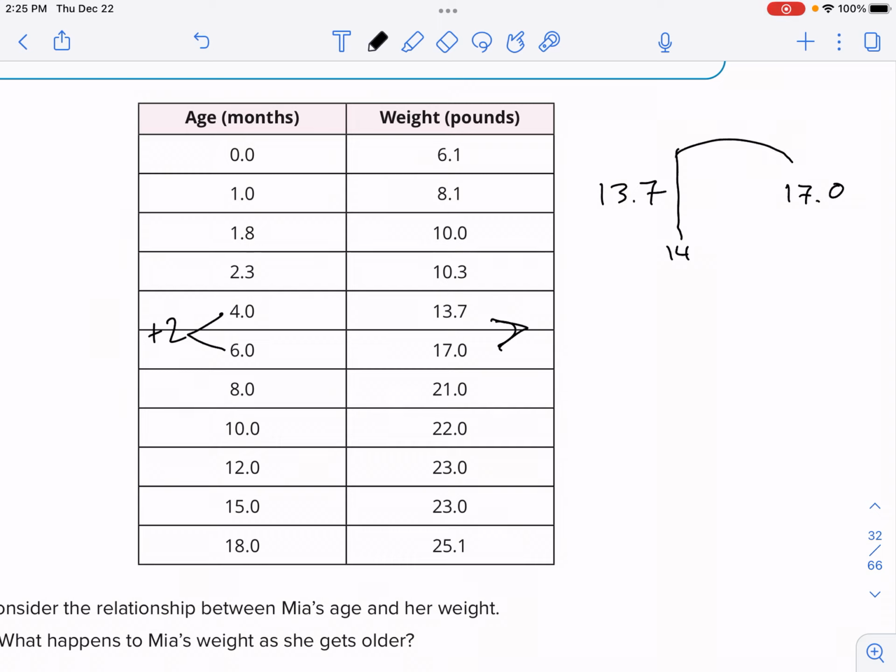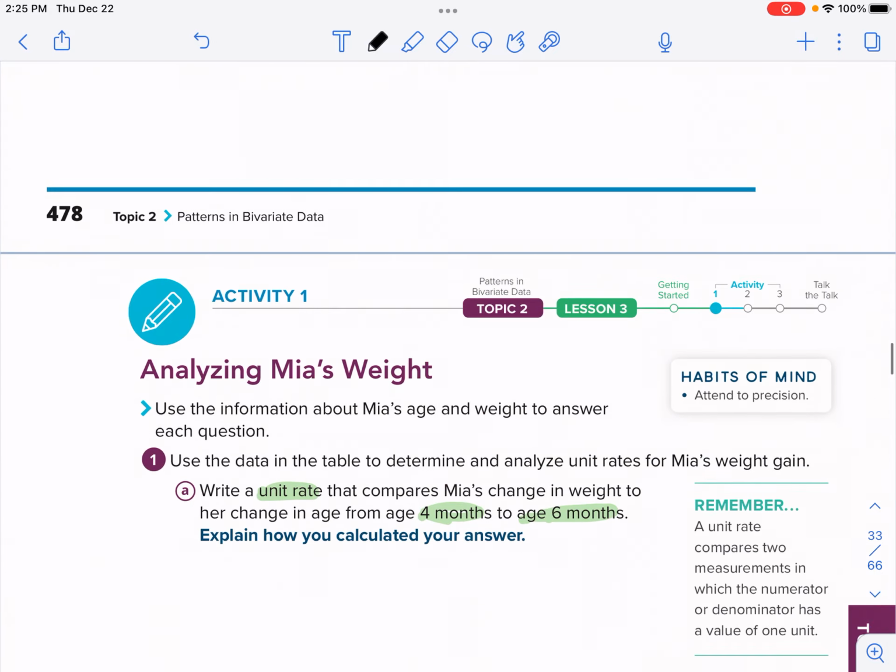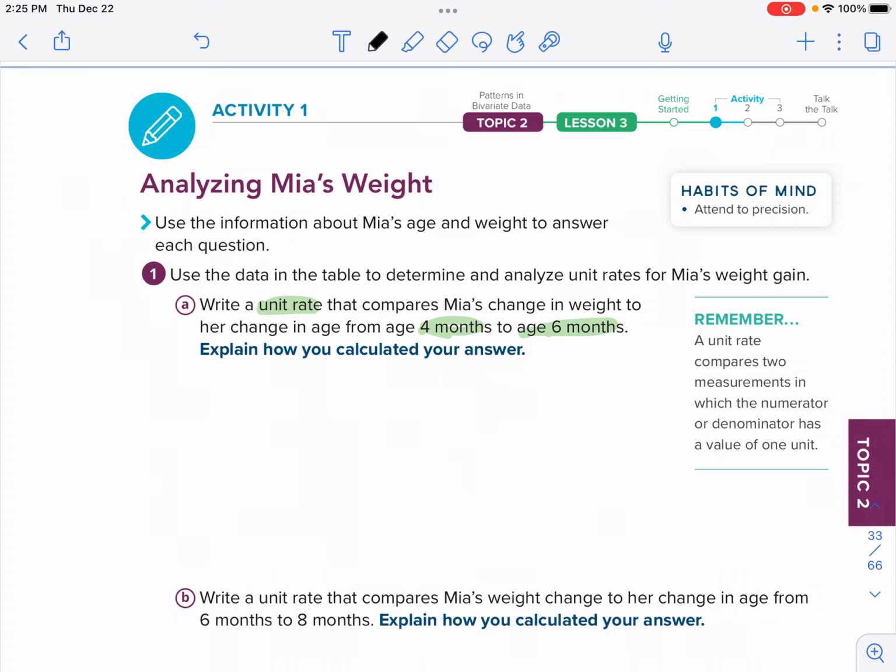Right, so from here to here, 14 to 17, that's 3. And then from 13.7 to 14, that is 0.3. So the total distance here is 3.3, right? You add those two values, the 3/10 and the 3/1. All right, so let's go ahead and put that for this. So she gains 3 1/3, or 3.3 pounds